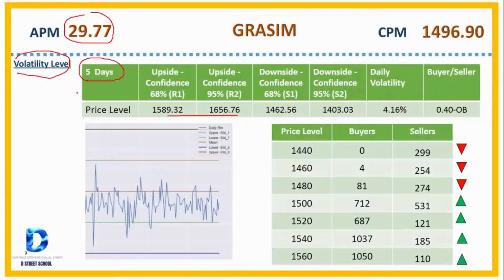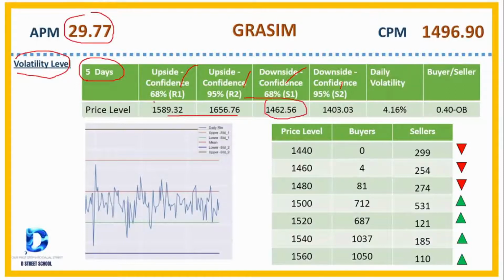Let me make it very simple in this video. R1, R2, S1, S2 are not typical support and resistance. Actually, these are standard deviation 1 and standard deviation 2. In order to understand better, I made it as R1, R2, S1 and S2. How can we interpret this information? I can tell you that in the next 5 trading sessions, 68% confidently GRASIM India will trade between the range